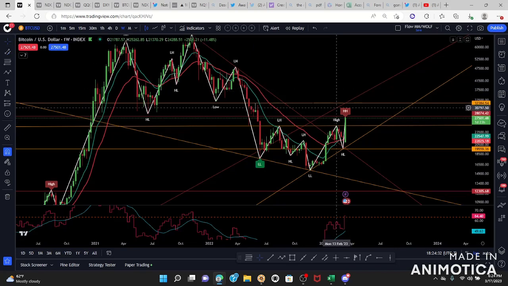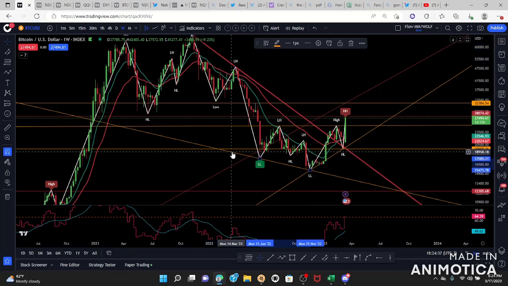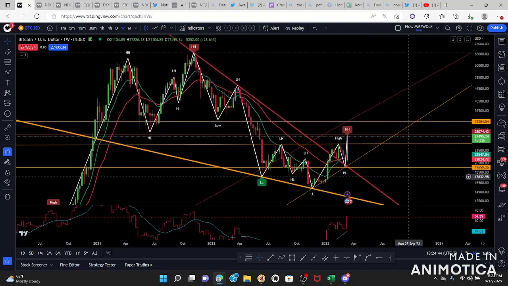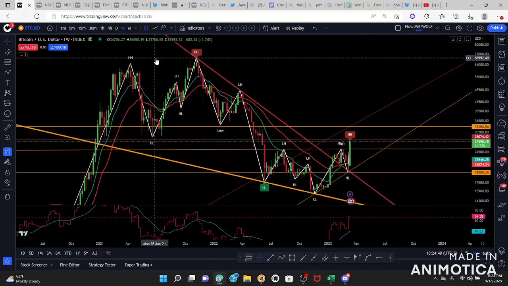Let me highlight it for you. Here. And here, right? This falling wedge. So we broke, we retrace, and we continue to the upside. Wonderful. Okay,